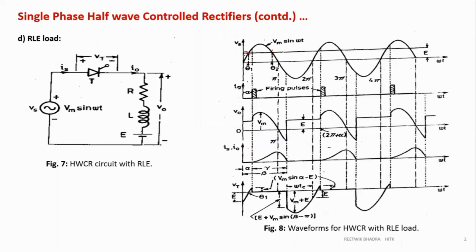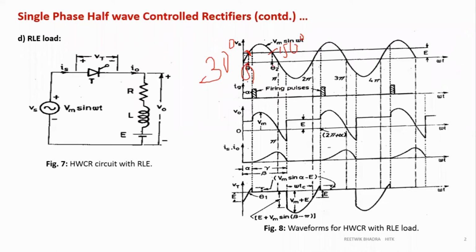See, sine of this point. Suppose this point is 30 degree, right? So sine 30 degree will be equal to sine 150 degree, whatever this theta 1 is. If this is 30 degree, what is this value? This point will be 180 minus 30, that is 150 degree. So if you do sine 30 and if you do sine 150, both values will come out to be same.